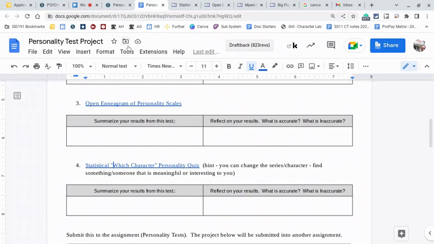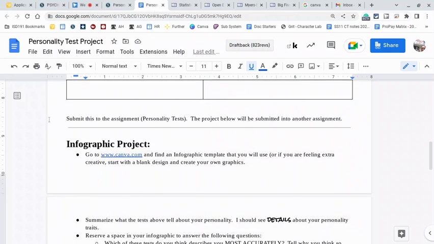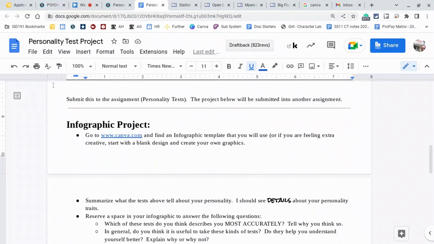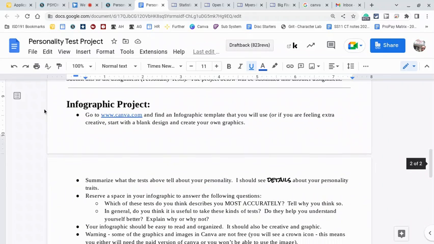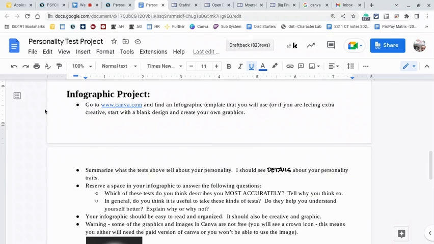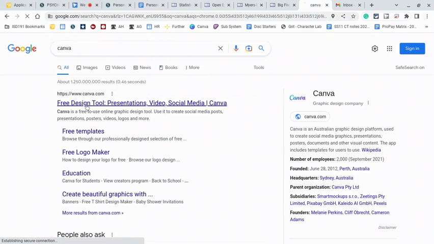When you're finished with the tests, we're going to move into phase 2, and you're going to have some time next week to be working on some of this. You're going to put together an infographic that basically describes your personality. So who are you according to these tests? We're going to use canva.com. There's a link here. When you go to canva.com,